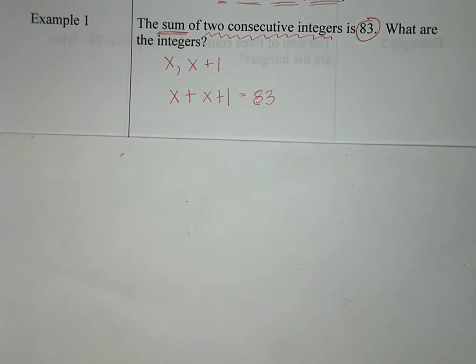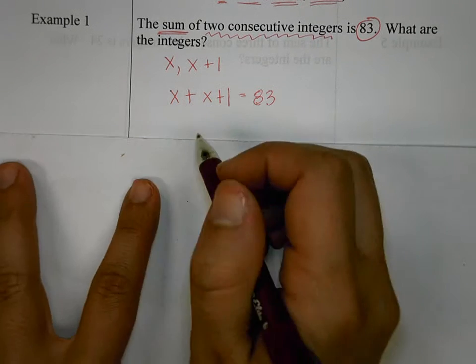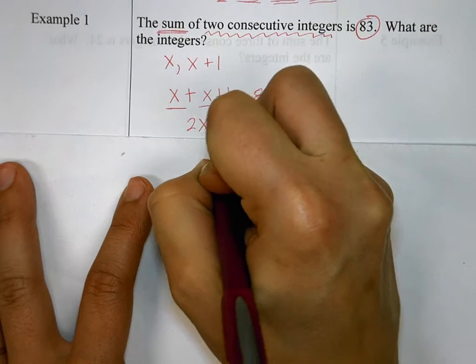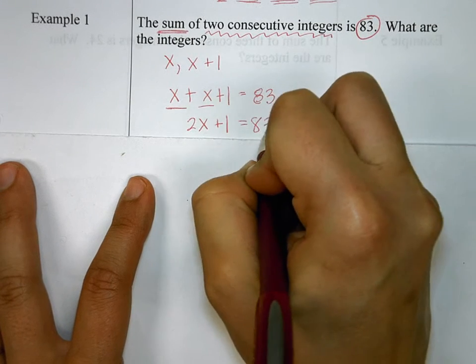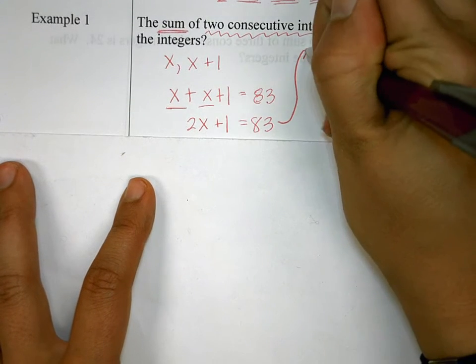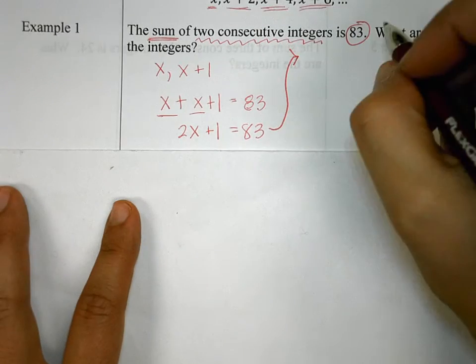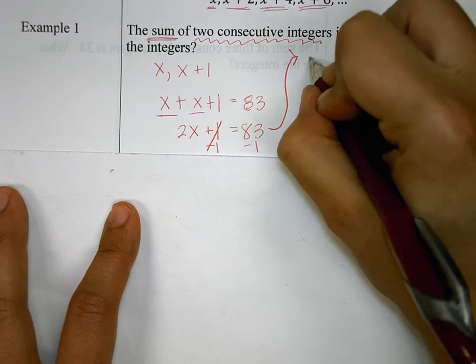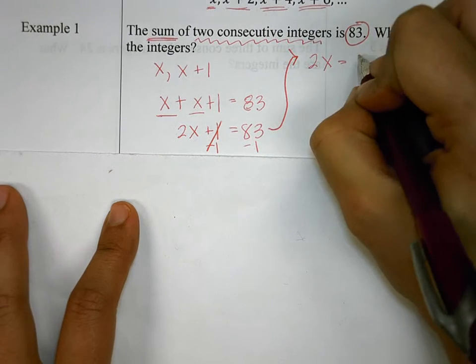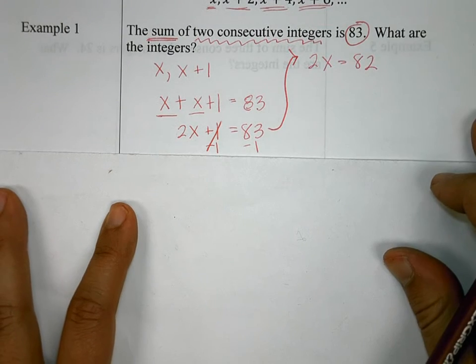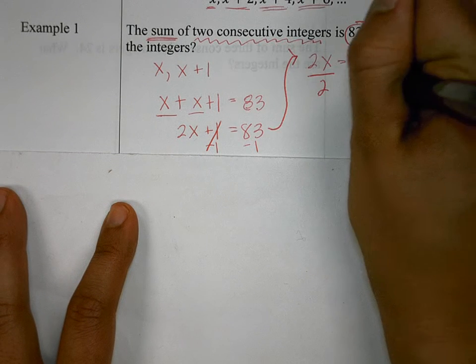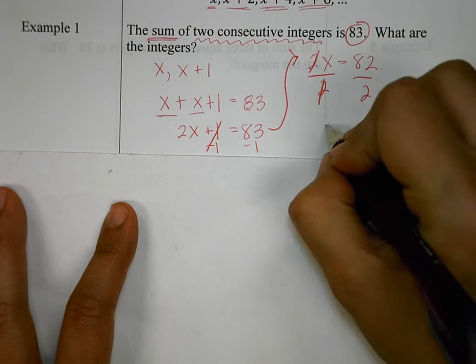and then just solve like we have been doing since the first day of school. So I want to combine like terms here. x plus x gives me 2x plus 1 equals 83. So now this is just a two-step equation. So I subtract 1 from both sides. So I get 2x equals 82. Divide both sides by 2. So x equals